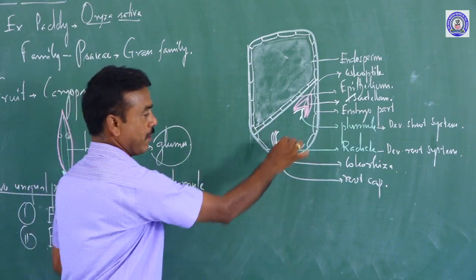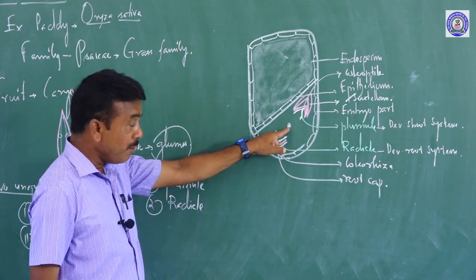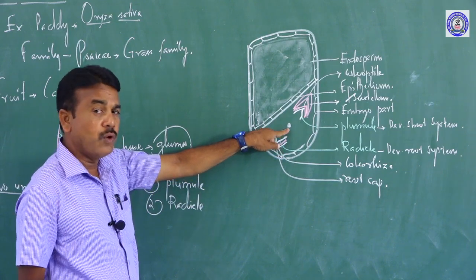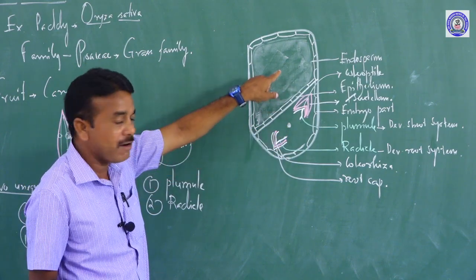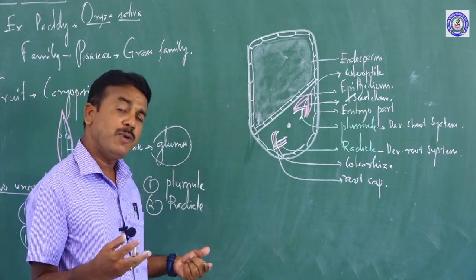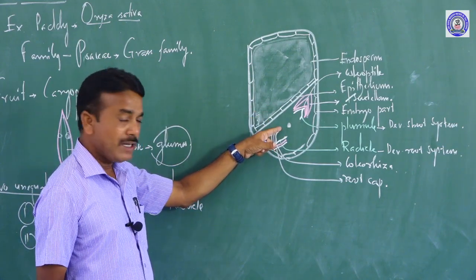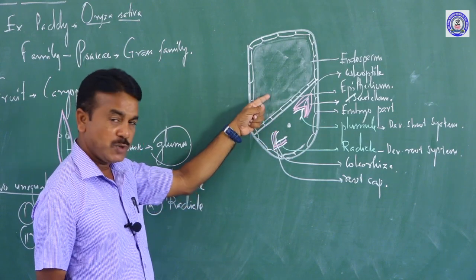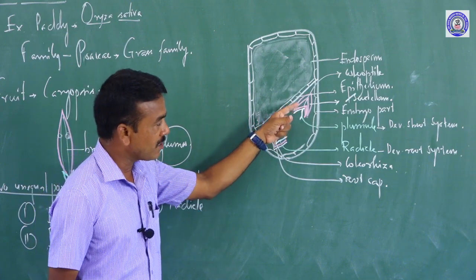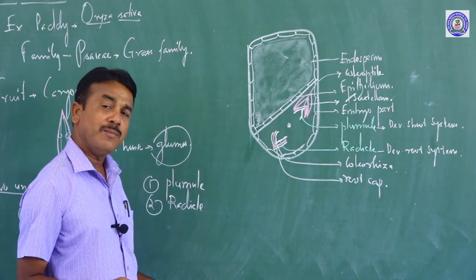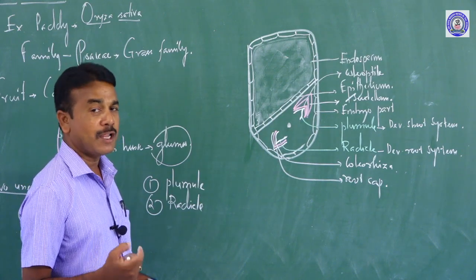Here the embryo is present. If the embryo is to develop, it needs food. Where is the food derived from? Food is derived from the endosperm. Who is responsible for carrying food from the endosperm, in between the embryonal part and the endosperm part? One layer is present, commonly called the epithelium. That epithelium provides food for the developing or young embryo.